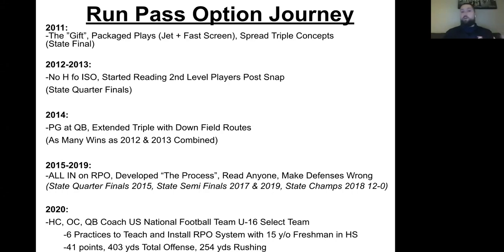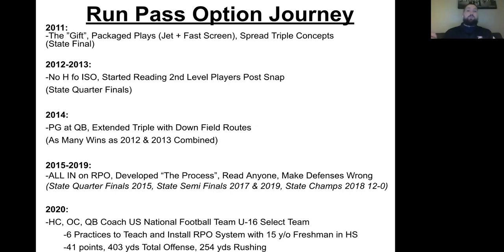That year, I moved on to another spot in 2014. We didn't really have a quarterback in the program, but we had a point guard. And so we started using some stuff that looked a lot like Rich Rodriguez at Arizona, where it was reading the end on zone read and then pulling the ball and coming out and not having a pitch guy or a bubble guy, but we'd actually throw downfield routes.